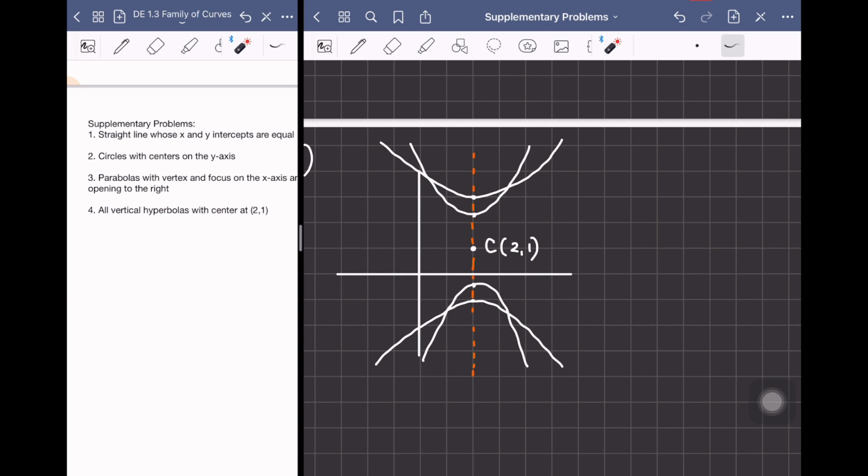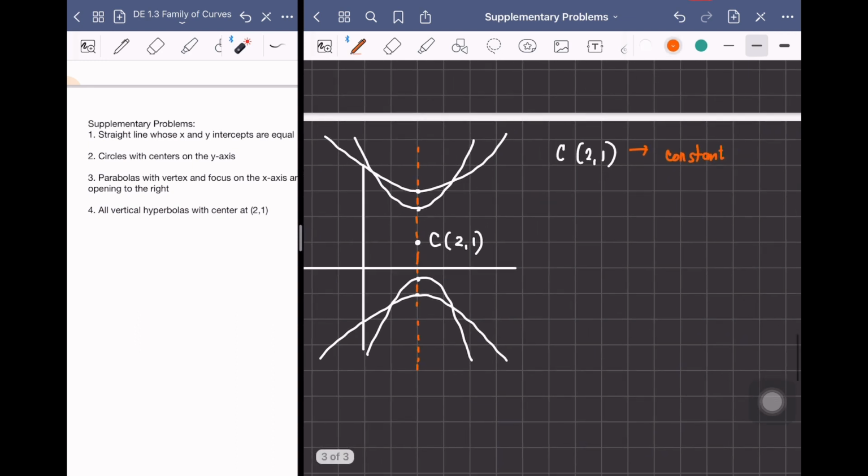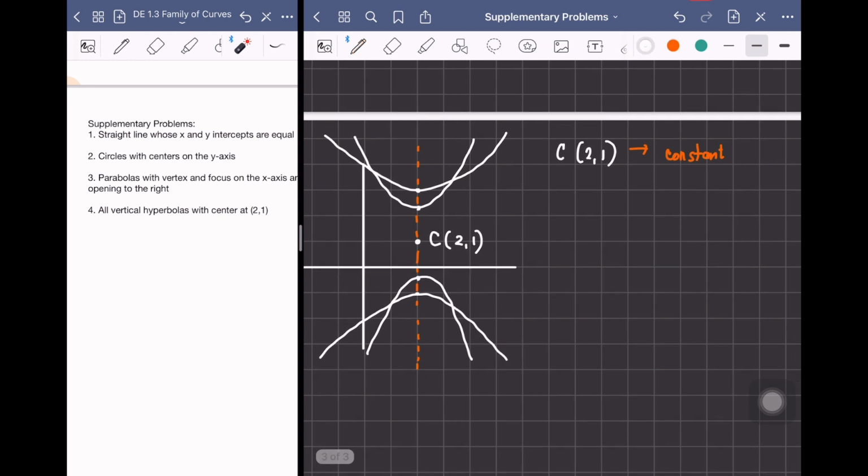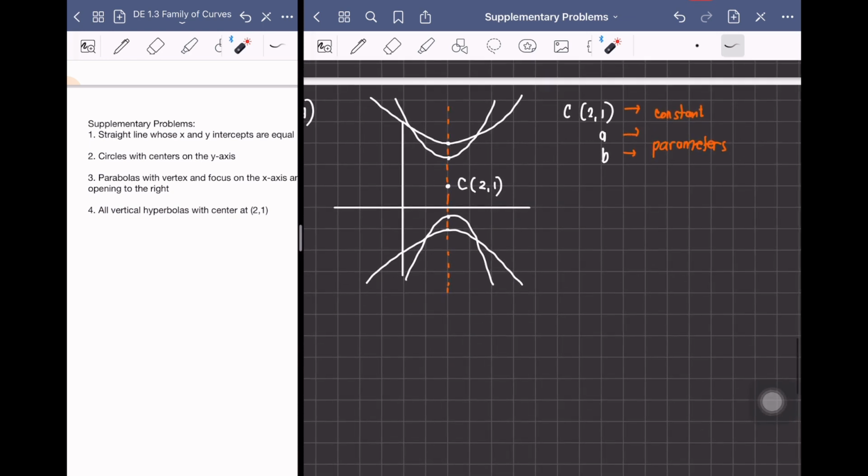Okay, so given the center at 2, 1, obviously, what else do we need to look for? We already have the center 2, 1. This is already considered a constant because it's a fixed point. We also need to consider that in the hyperbola, you need a and b, which are both not mentioned in the problem, meaning they will both be considered parameters of this family. So a can differ for each hyperbola that we can create. With this, when the transverse axis is vertical, that means y is positive